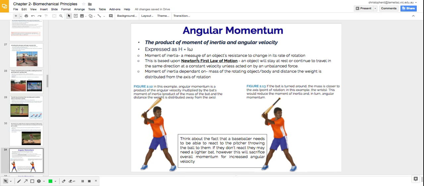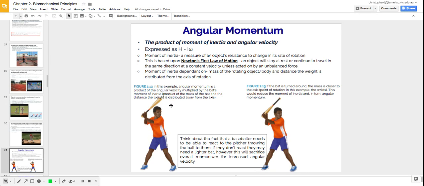This is based upon Newton's first law of motion, which is that an object will stay at rest or continue to travel in the same direction at a constant velocity unless acted on by an unbalanced force. So this is obviously going to be dependent on the mass of the rotating object or body and the distance the weight is distributed from the axis of rotation. If we think about these two examples here,